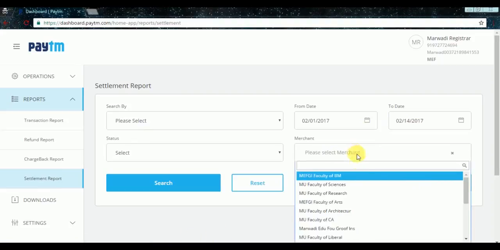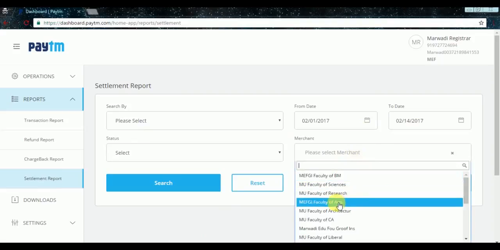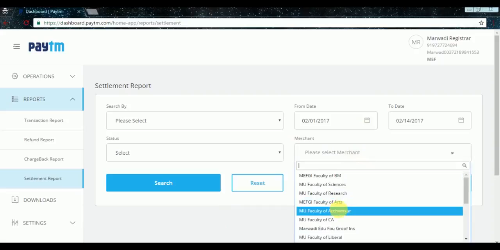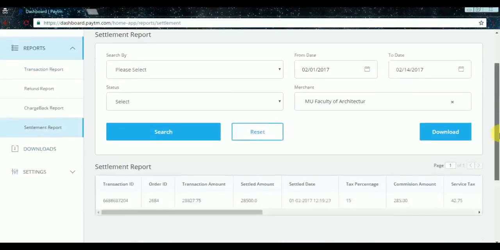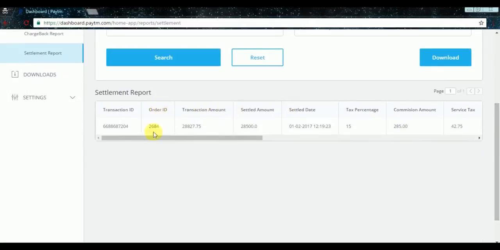From here, you can select the sub-account for which settlement transaction history needs to be shown. I am selecting this as MU Faculty of Architecture. If I click on search, the complete snapshot is shown here.